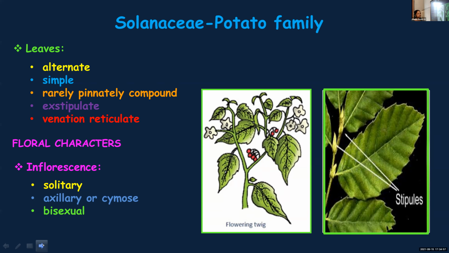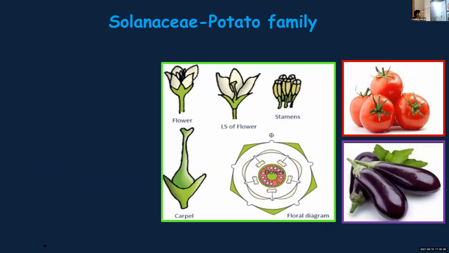Bisexual flowers, so both male and female reproductive structures will be found in the same flower. Actinomorphic means they exhibit radial symmetry. Calyx: 5 sepals are present. These sepals are united,